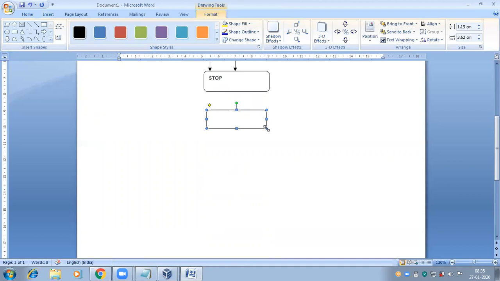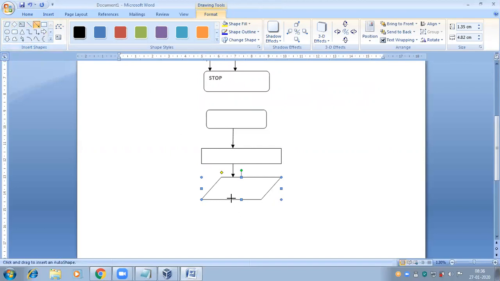This is the symbol for start and stop. I'm declaring the variable. I'm reading the value from the keyboard. For read and write, this is the symbol we use.